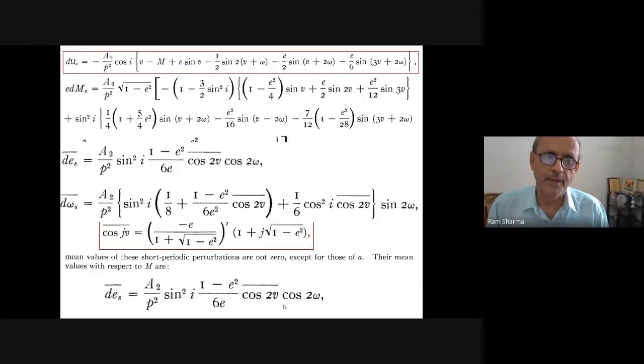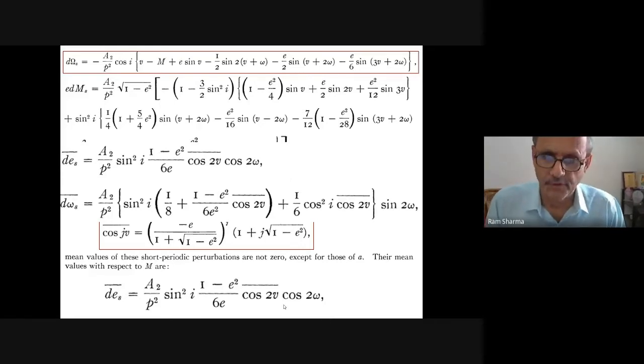And this is the capital omega s and mean anomaly. Now this average value he has found. He averaged those things. So he was working on a plan, because he has to tell what are the mean values, what are the long periodic, short periodic, all those things. 59, friends, 59. So now 61 years are over.